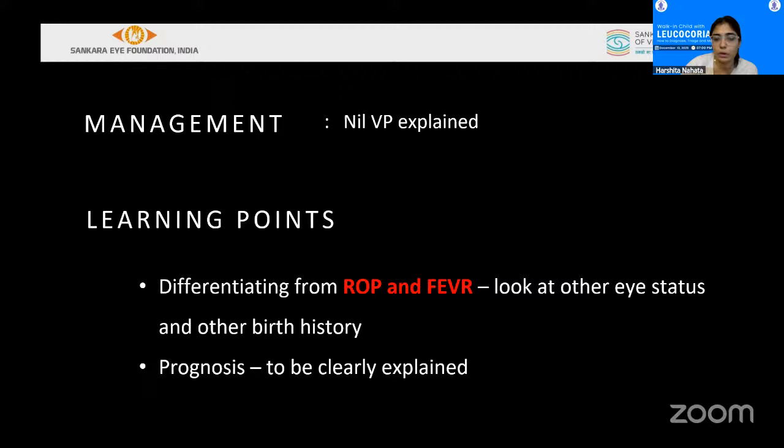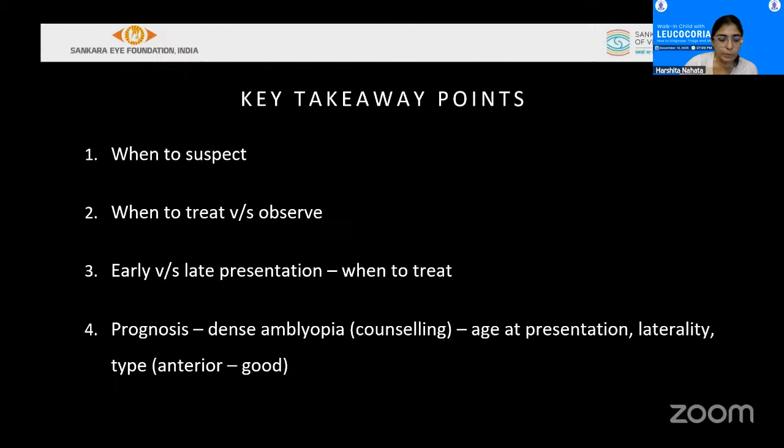There was no history of any oxygen supplementation or NICU admission. Another thing, the prognosis has to be clearly explained to the parents very, very properly. Moving towards the end, key takeaway points basically: when to suspect PFV, and when to treat and observe. As I already explained, when there is a visually significant opacity which can be seen, then remove the lens,